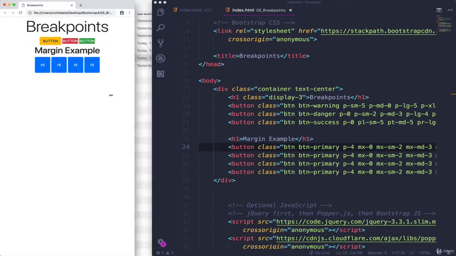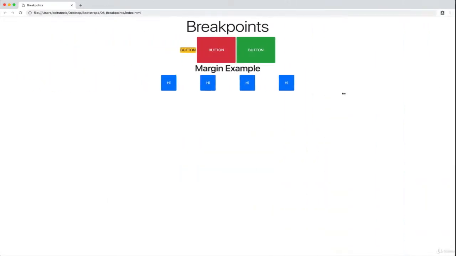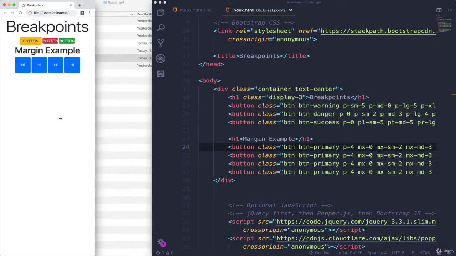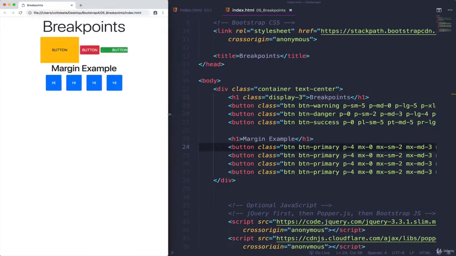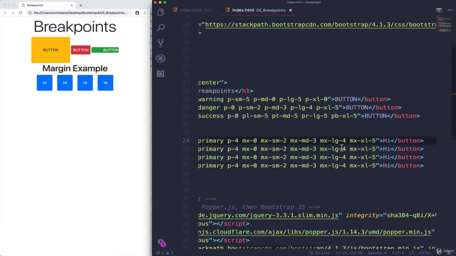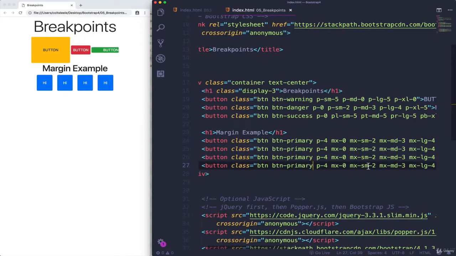Okay, so we're just adding space between them depending on the screen size using that margin utility. Really simple, well, I shouldn't say simple, very short syntax that accomplishes a lot. This would be dozens of lines of CSS in order to make this work. Okay, so those are the breakpoints: extra small, small, medium, large, and extra large, taught through the viewpoint of padding and margin utilities. All right,